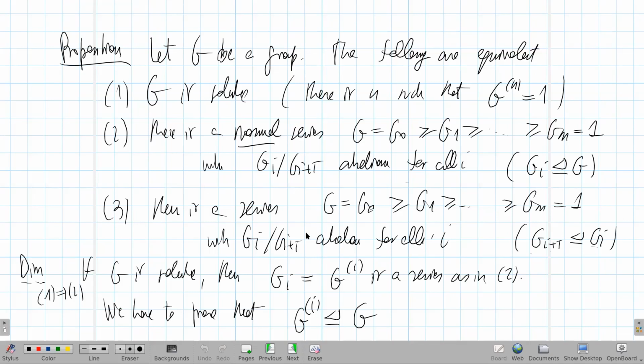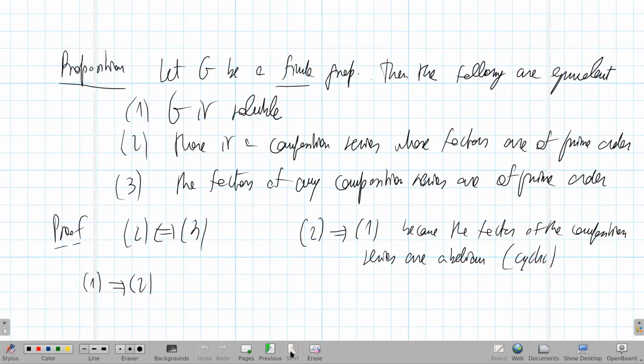What's a composition series? Well, you start from any series and you start refining it. If it's possible, you insert other terms between two consecutive terms of the series. Since these quotients are abelian, the intermediate steps will also be abelian. Let's write this well. 1 implies 2. So G is soluble. So by the previous proposition, there is a series